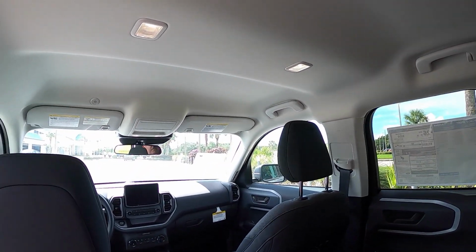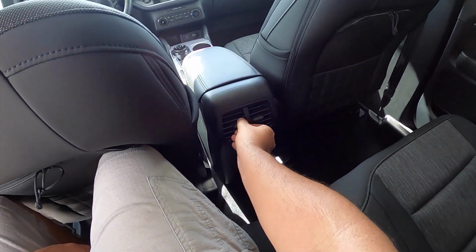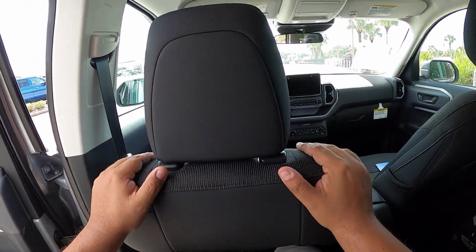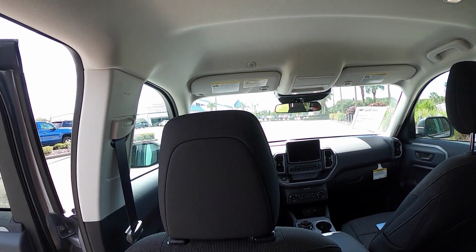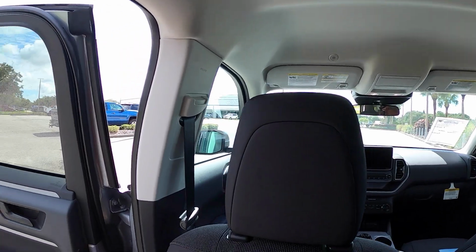Got a nice white cloth interior here in the top, really cool. Of course, here you got your USB connections and your 2 AC outlets in the back. At least that gives you this. So not bad at all. Can raise the seat a little bit up, but not bad at all. I mean, still pretty comfortable. Plenty of headroom as well. That little hump in the top gives you a little more extra room, which is really nice